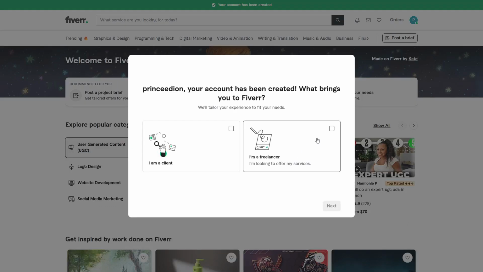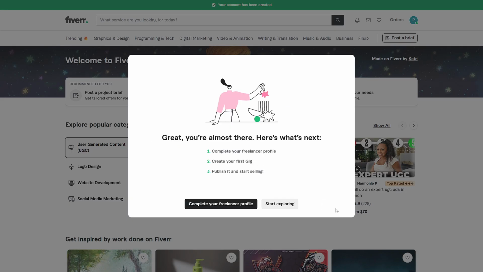Here, you'll select whether you are a freelancer looking to offer services or a client looking to hire. Choose I'm a freelancer if you're looking to sell your skills, or simply continue browsing if you're a buyer. Click next and you'll be on a page that says, great, you're almost there. Here's what's next. This page will guide you on setting up your profile, but for now, let's focus on getting